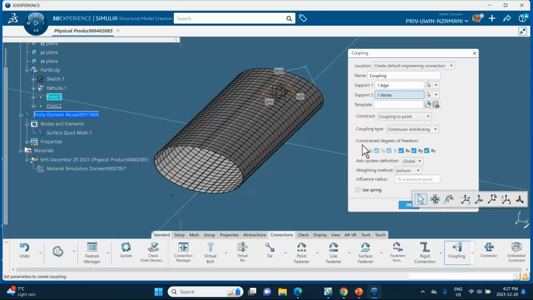And then we say that this is a kinematic coupling. Kinematic coupling, and all degrees of freedom are checked. That means that the motion of this point determines the motion of all the nodes on this edge. We say okay,